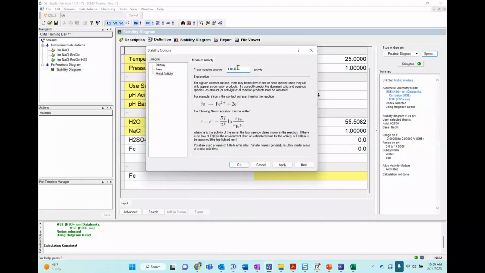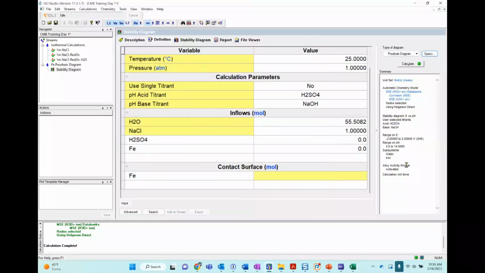But every single one of those lines is calculated using the Nernst equation. And again, the activities of the species down here are assumed to be 10 to the -6. Okay? So click OK. It will take the changes that you made. And then we can go ahead and calculate.